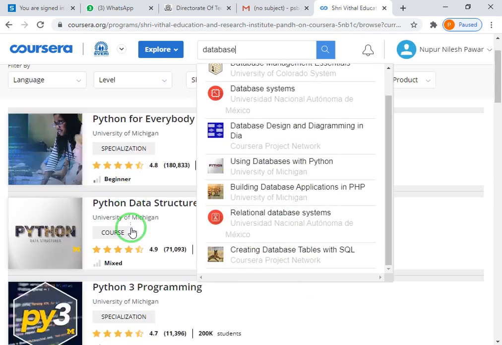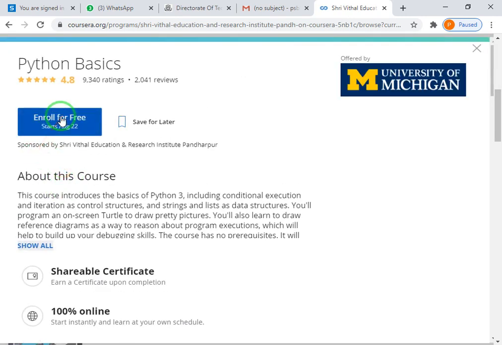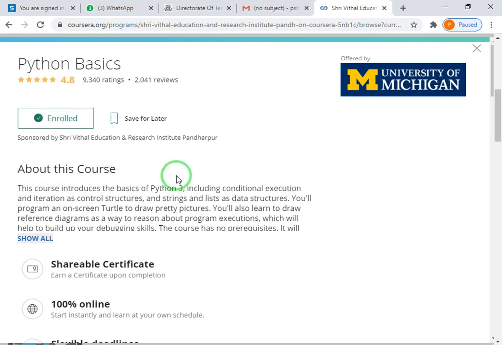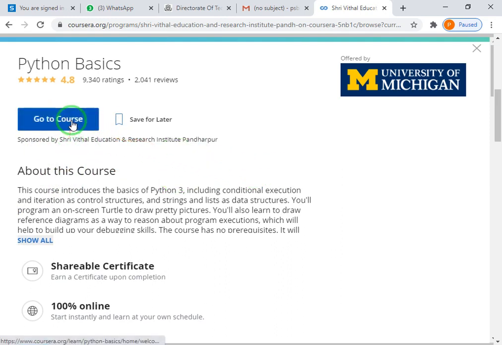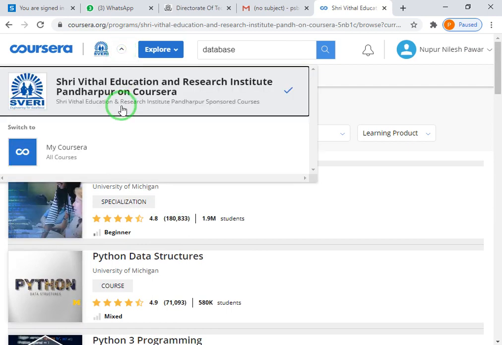Any course if you want to join, you can join here. Here, Python basic, just click on that course, enroll for that course, and you will be redirected to the course. All the courses whatever you have registered are included under